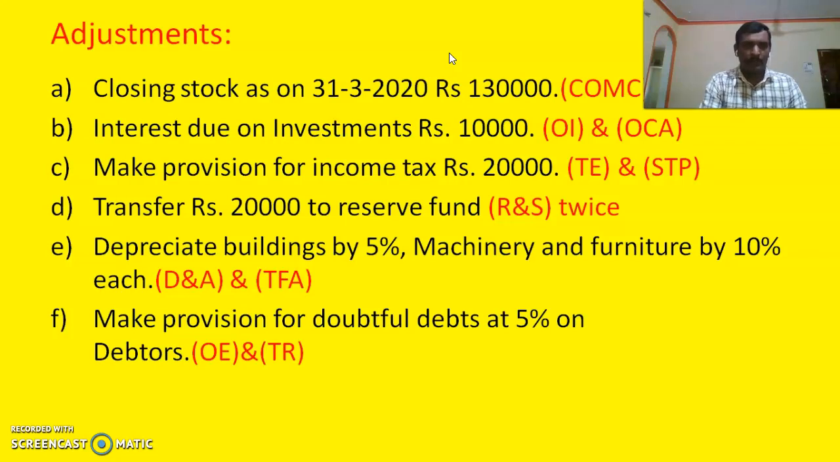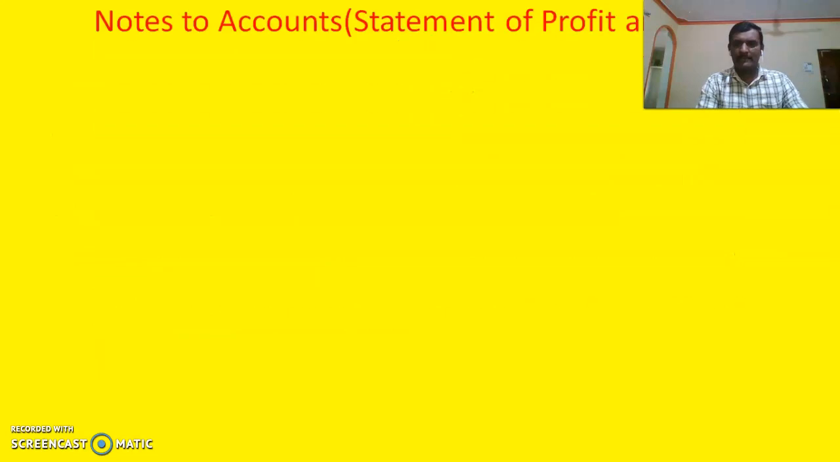The last adjustment, that is make provision for doubtful debts at 5% on debtors, is to be effected twice, once in other expenses and in statement of assets and liabilities, it is to be taken under the note trade receivables. So dear friends, based on these bifurcations of the items given in the trial balance and the adjustments, let me go for preparation of notes to the statement of assets and liabilities as well as statement of